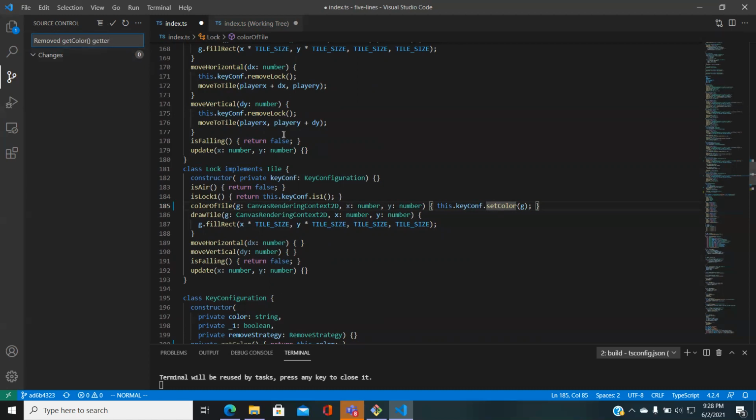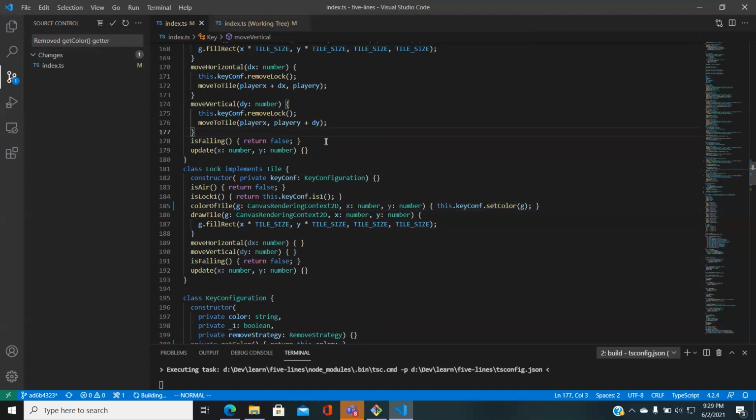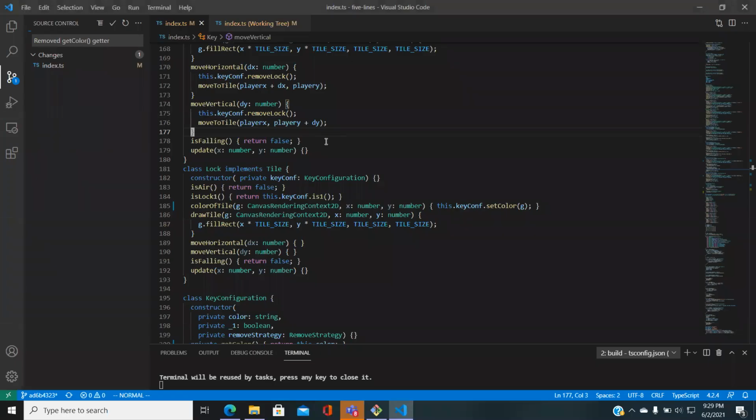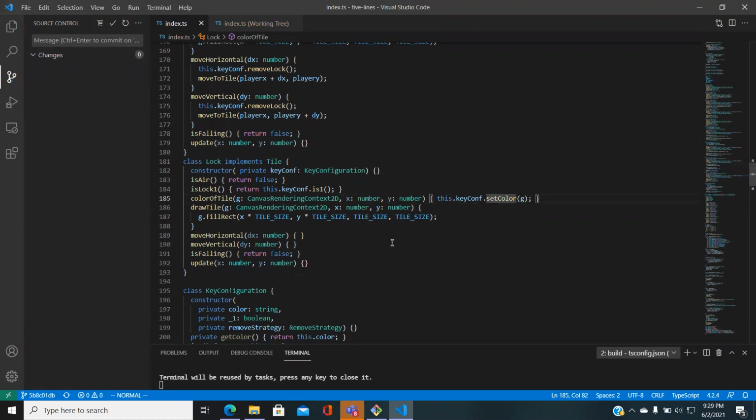Now, I know what you're thinking. Here, let's go ahead and build it, make sure we didn't break anything. I can hear you telling me, that still works. Okay, you could say, you're telling me what we did, we replaced a getter with a setter. That's not right. Well, you're right, but